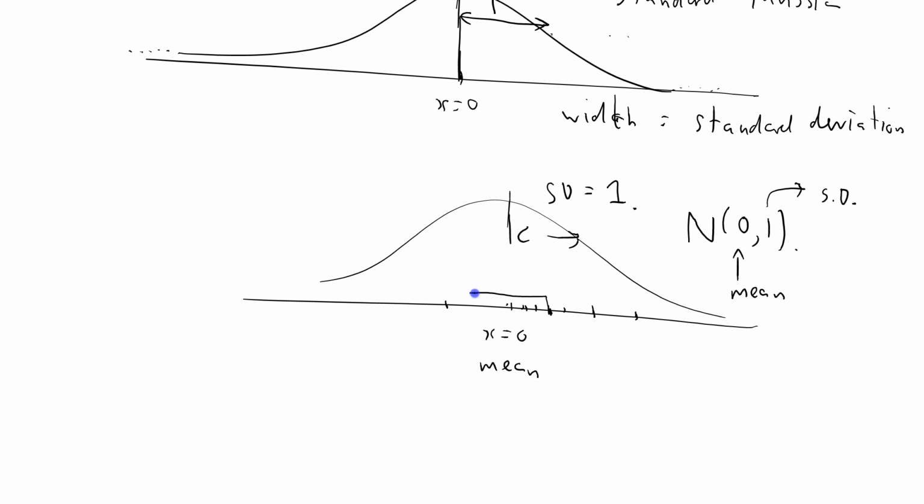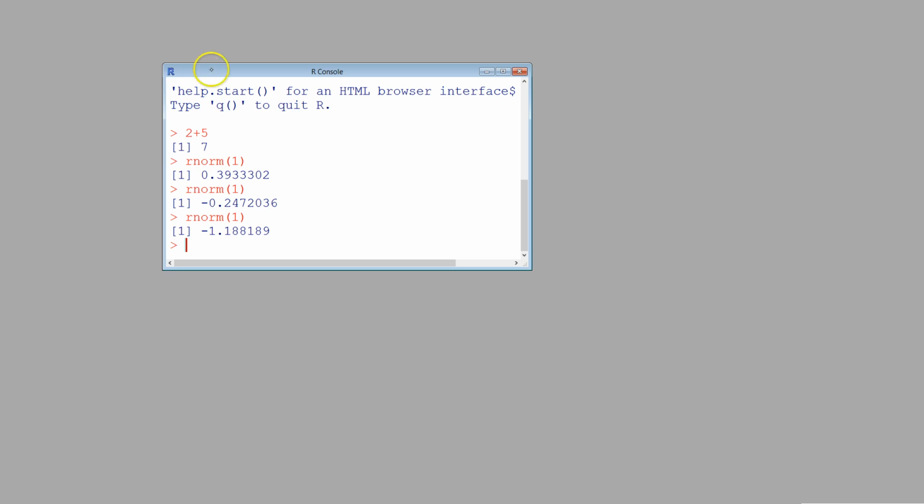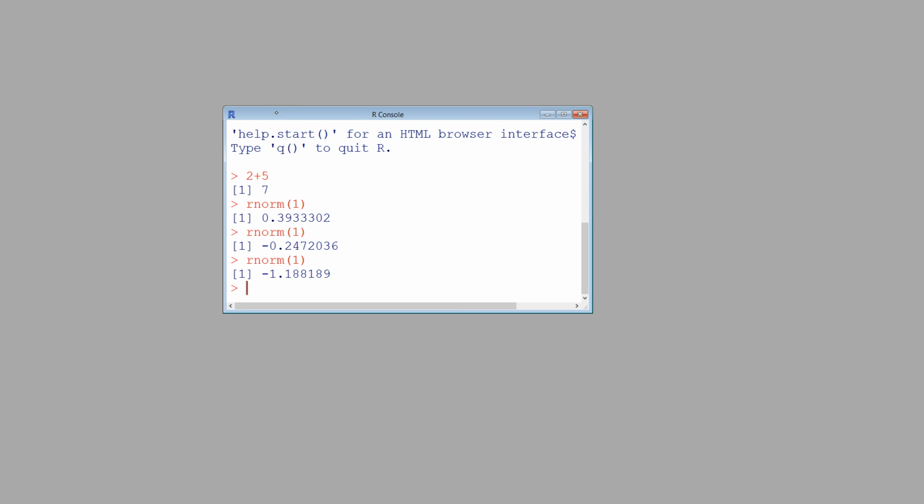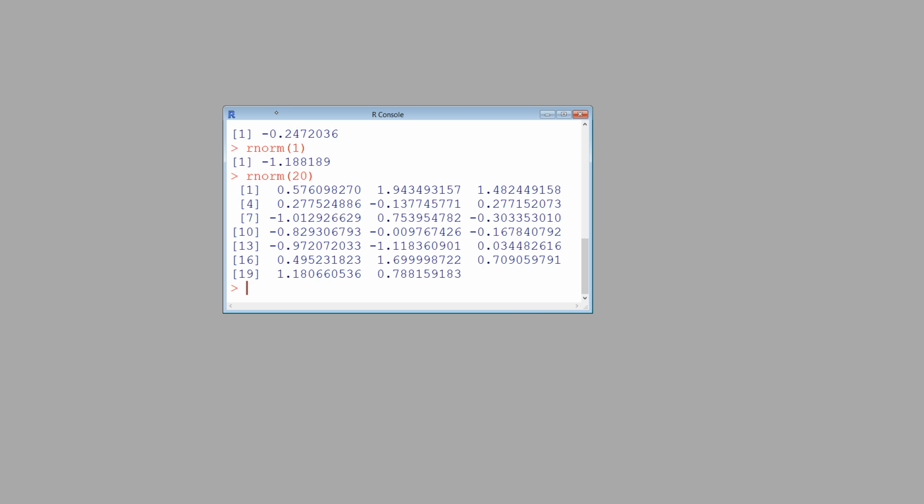But mostly you're going to get observations that are in this region here that's quite close to the mean of 0. Sometimes they're going to be a bit further away, but not too far away. And that's the kind of thing I want to investigate. So I'm just going to go back to R, and I'll show you how it works. If I go rnorm, let's say 20,